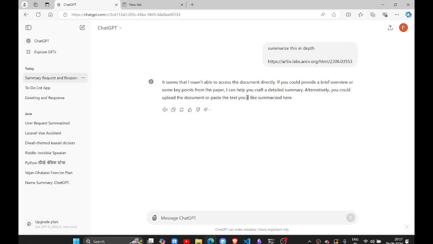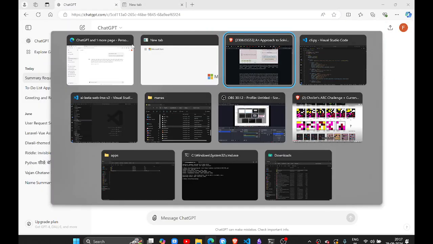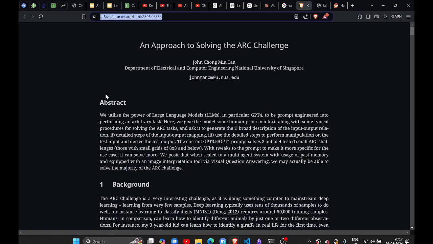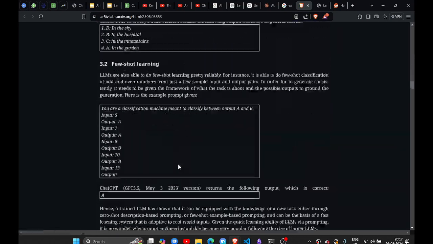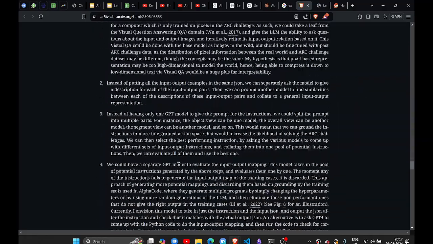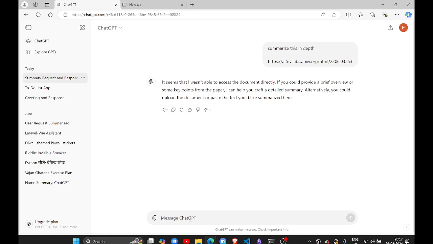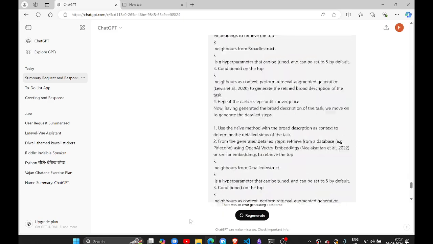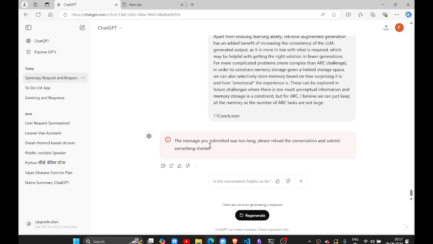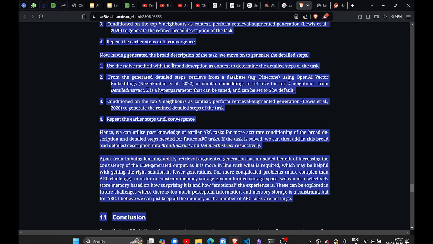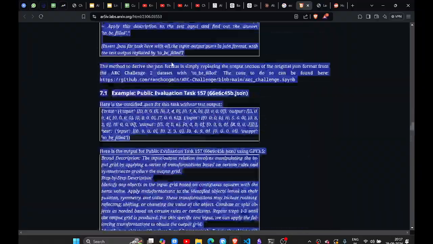That is because of copyright issues and etc. So what we can do, if it doesn't read like this, is just copy and paste all of this. I'll go to the end, ignore the images, and just copy and paste. Now the context window has increased to longer text, right? So what we'll do is break this up